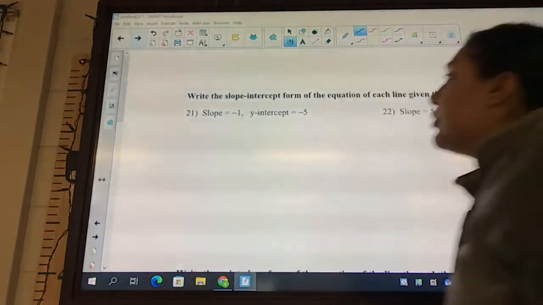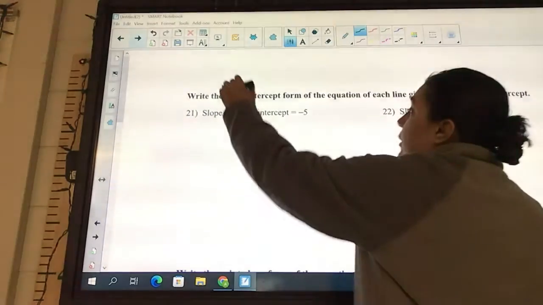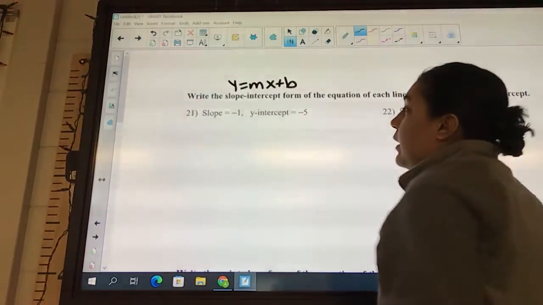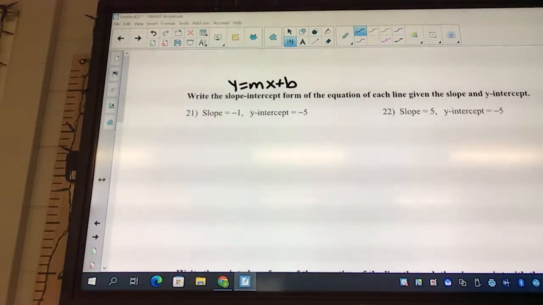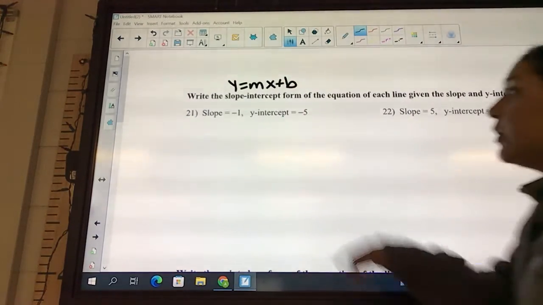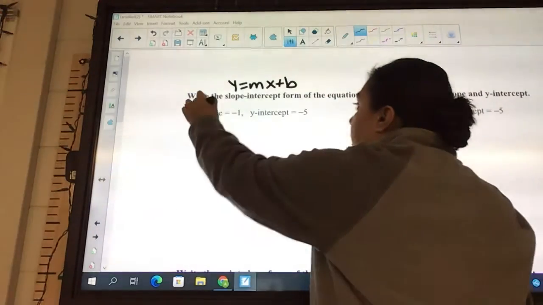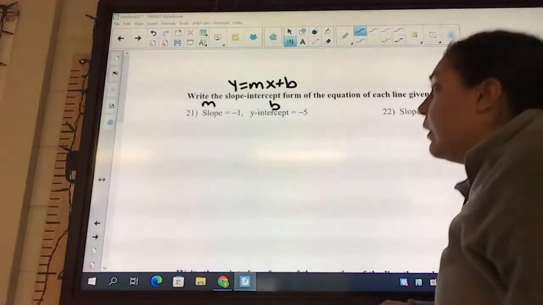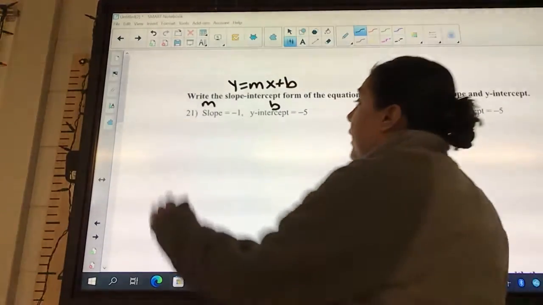Okay, last page. So write the slope-intercept form. Slope-intercept form looks like y equals mx plus b. So that's what we need our answer to look like. Look at what you're given. You're given a slope, and we use the letter m, and you're given a y-intercept. We use the letter b. So this one's kind of really easy. So you're going to have y equals